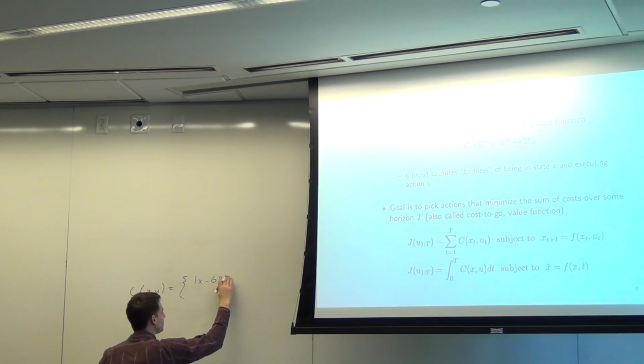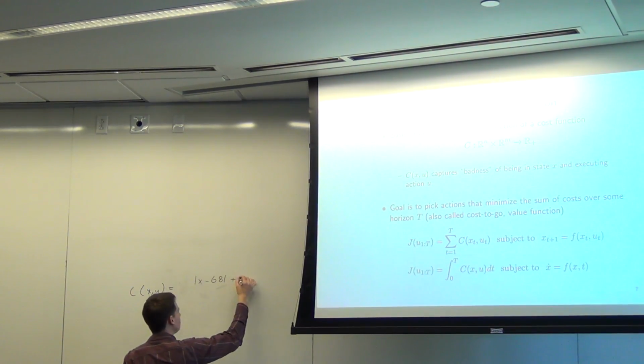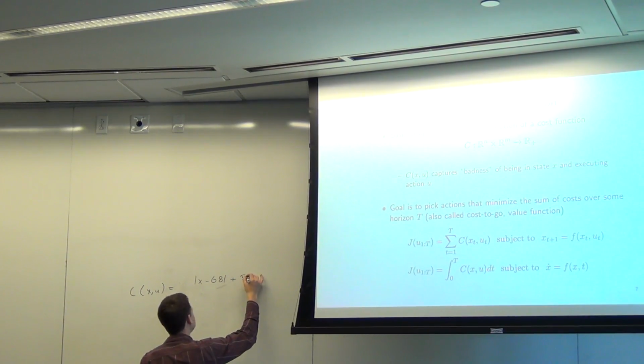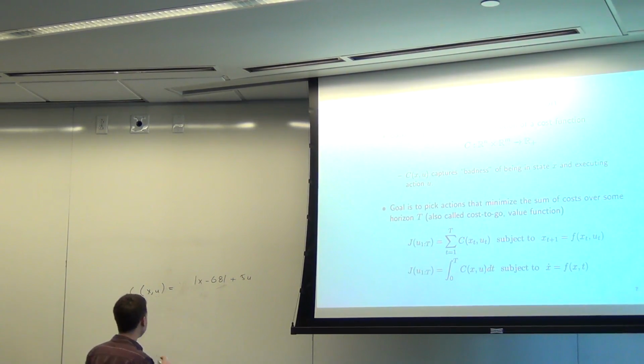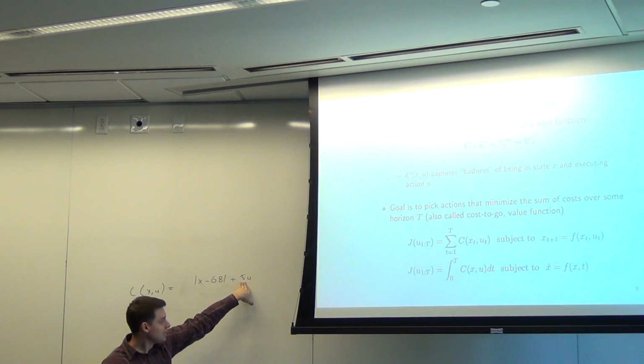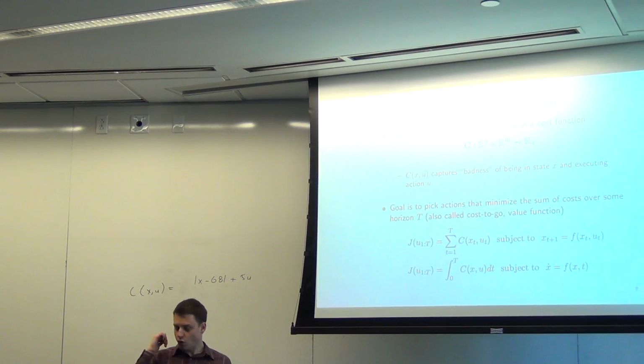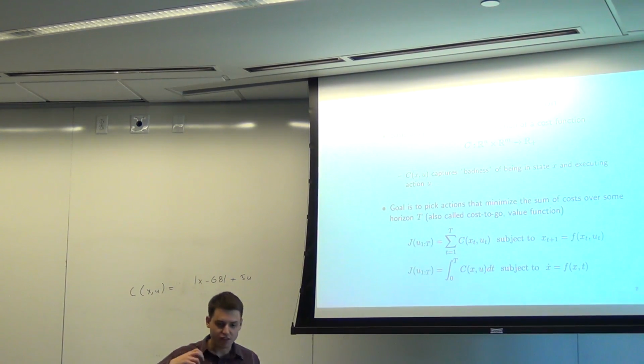You could square it, do whatever you want. That's our ideal temperature. Plus some weight, 5, say, times u, where u here is always going to be positive. u is the amount of power I'm putting in from the heater. So this is penalizing you if your state's too far away from your desired heating level, and penalizes you if you use the heat. Now, if your only goal is to minimize the cost right now,